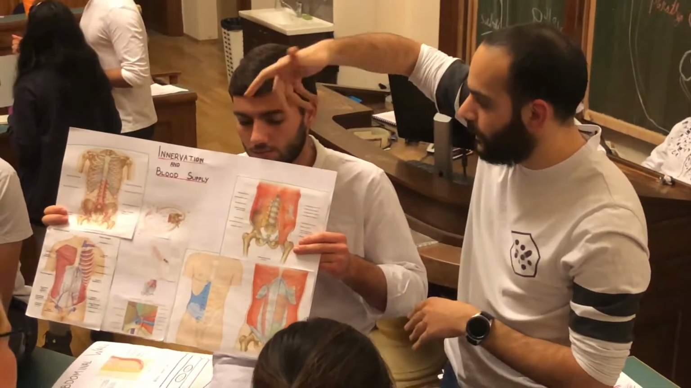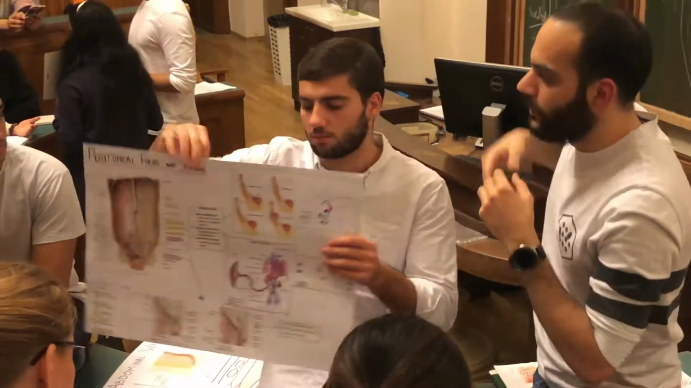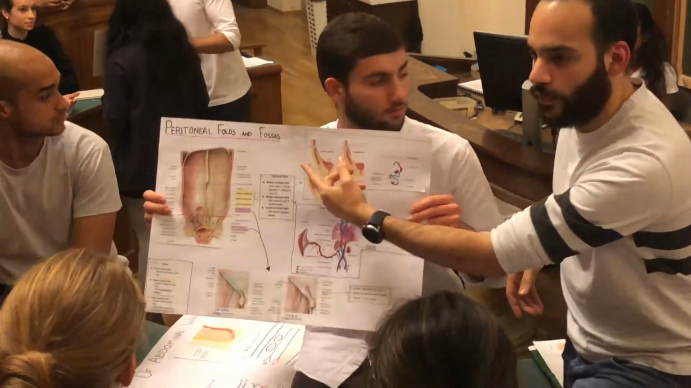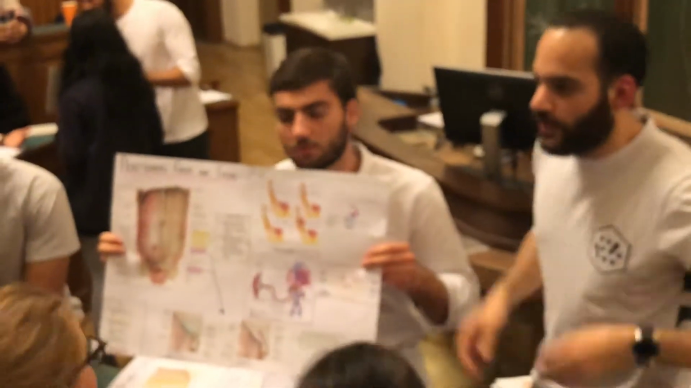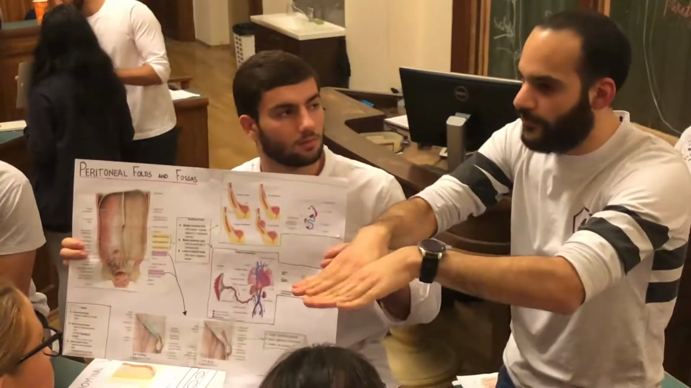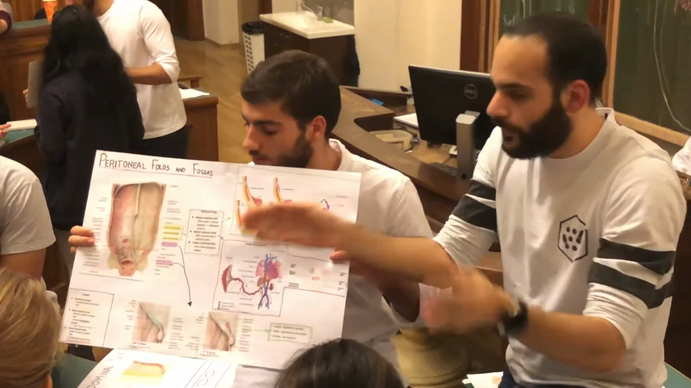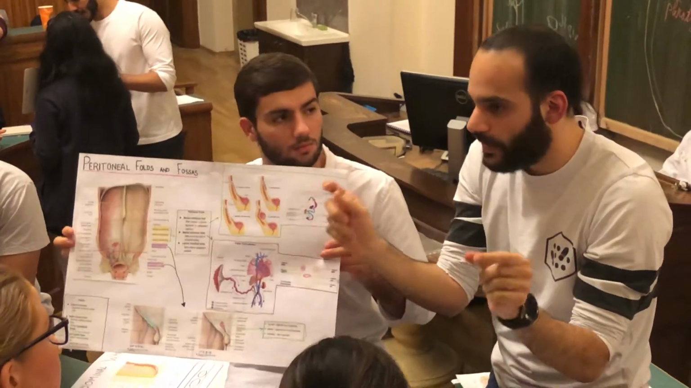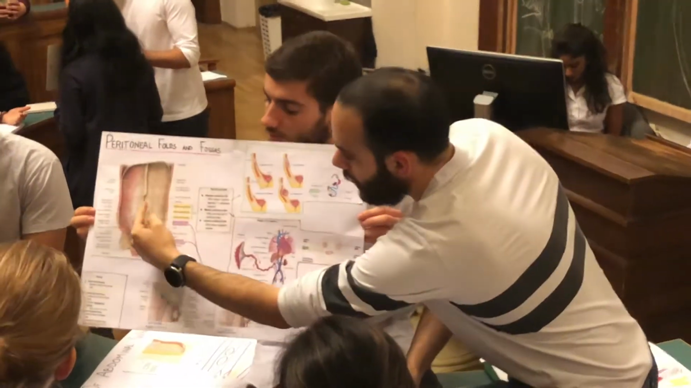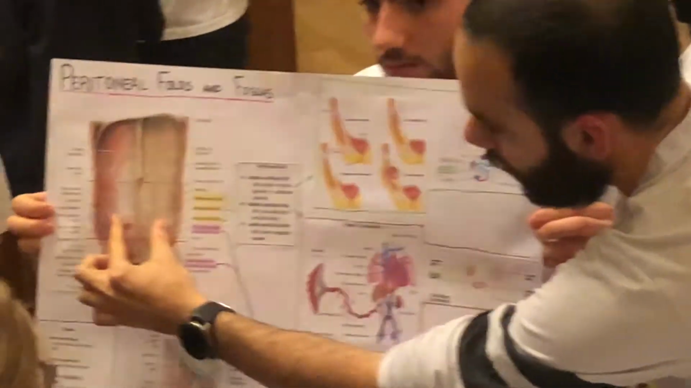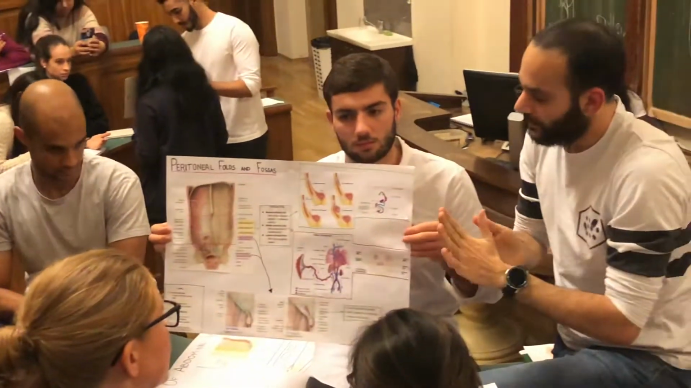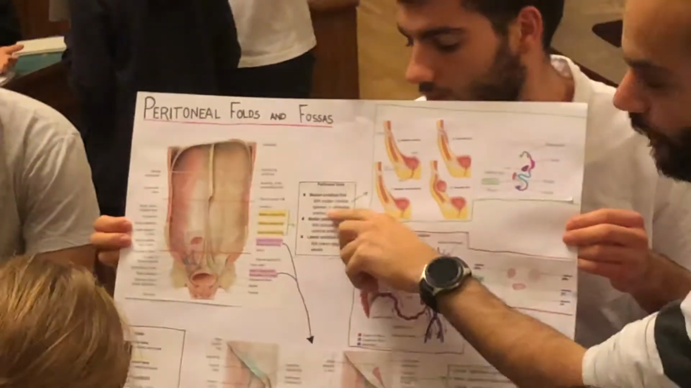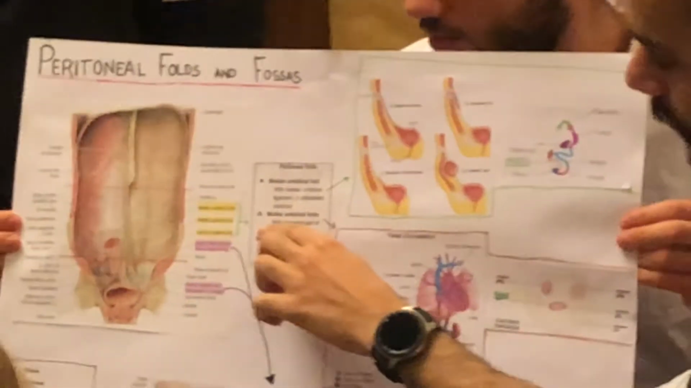Now for some clinical stuff, what do you know about peritoneal folds and fossas? Do you know what they are? So basically folds are like mountains, and fossas are the valleys between them, okay? So the folds, the mountains, they have something inside them, okay? So we have the median, 2 medial, 2 lateral. Yes, okay. So the median has a remnant of the urachus, the medial has a remnant of the umbilical artery,